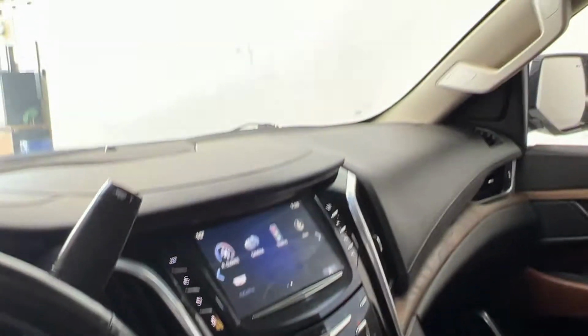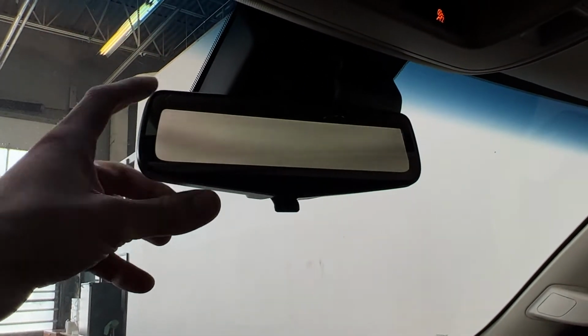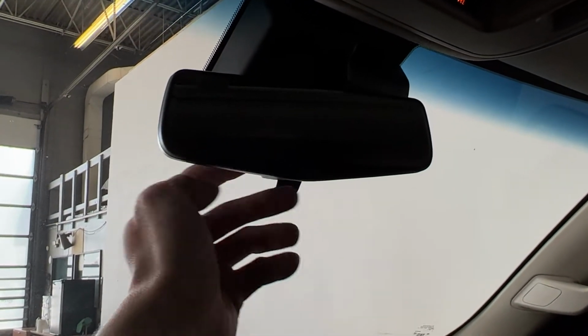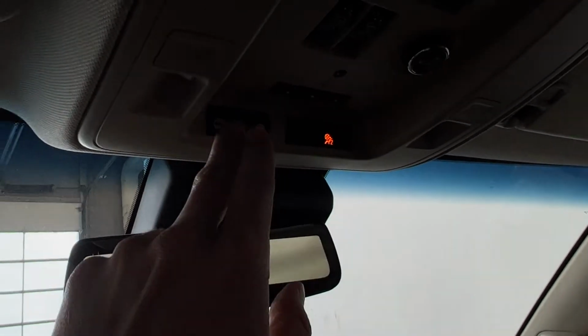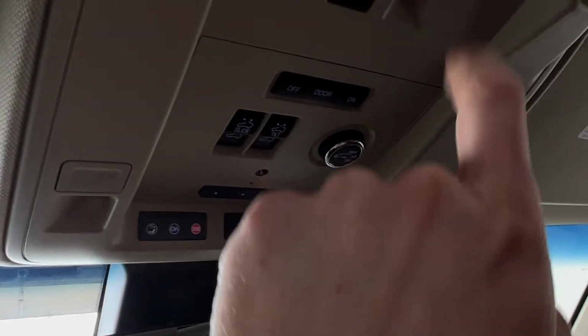And moving up to the top here, you can find your rear view camera mirror. I don't know what the exact name is for it, but you do have the rear view mirror. You can just have it as a mirror, and as you turn it up, it will turn into the camera. You do have the available OnStar, 3 universal garage door openers, your tilting sliding controls, your power lift gate,